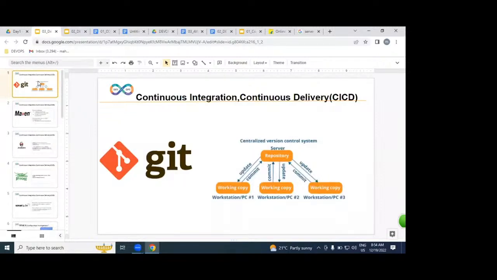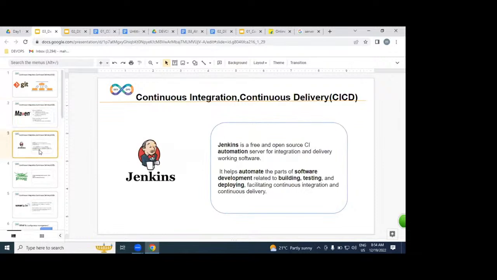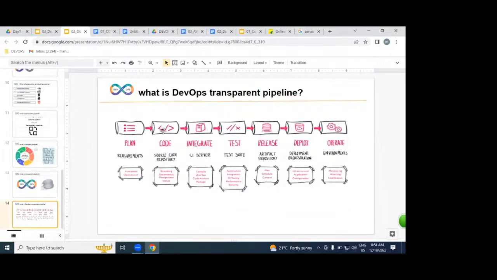All developer source code, as DevOps engineers, we maintain in Git version control. But all developer source code should be executed, so we need to build it using Maven. This entire process is automated with the help of Jenkins. Jenkins is an automation tool. This entire DevOps process is automated with Jenkins only.